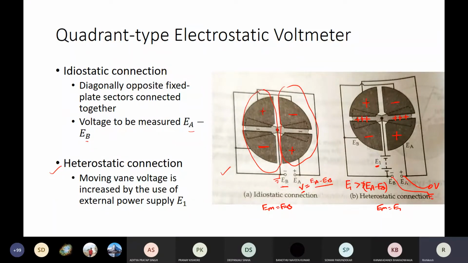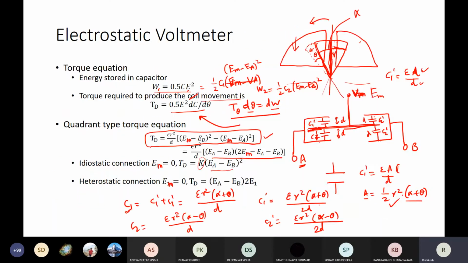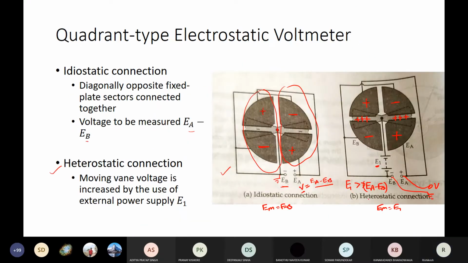So EM minus EB is nothing but V. So if I consider EM as 0, which is... there is some mistake here. This is not true for idiostatic connection. Right? So in that case, if you look at this expression, if you remember, I told you this EM is much larger than the voltage difference we are measuring. Let's say we are measuring voltage from 0 to 5 volts. Then this will be